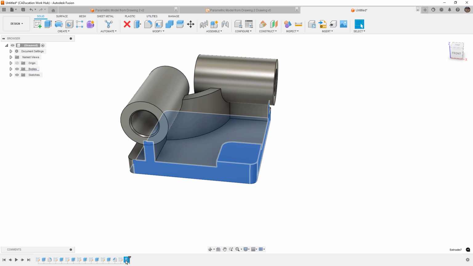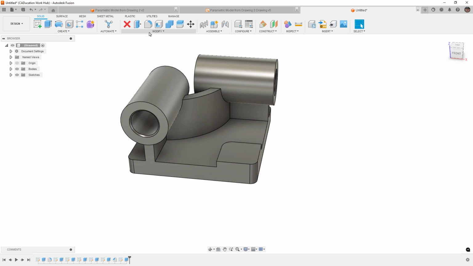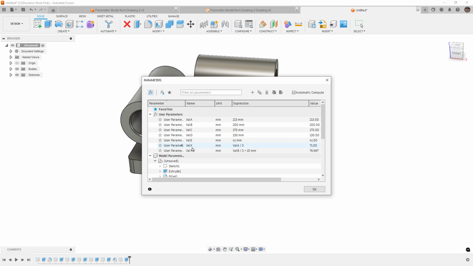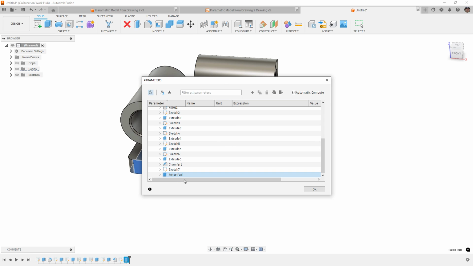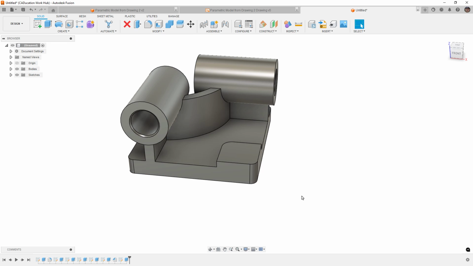Also note that you can right click and rename features. So we can call this a raised pad, for example. And then if we go into modify parameters and look down here, the feature is called raised pad, and it's easier for us to find. So again, it kind of depends on the process that you're going through and what you have available to you